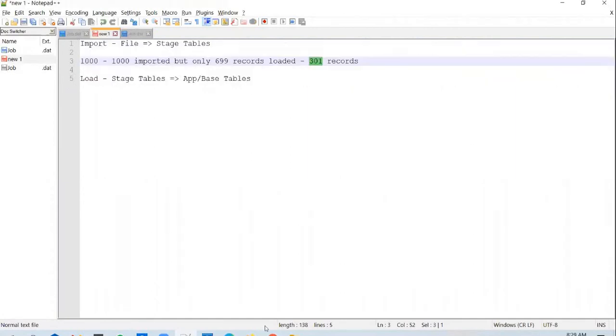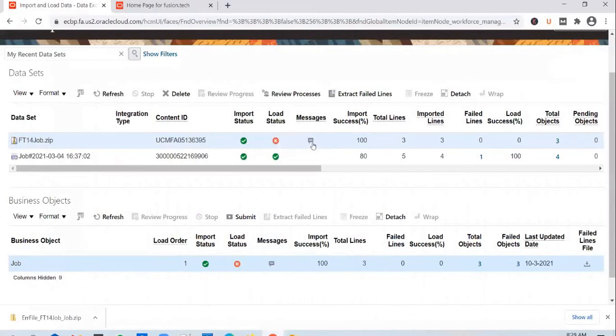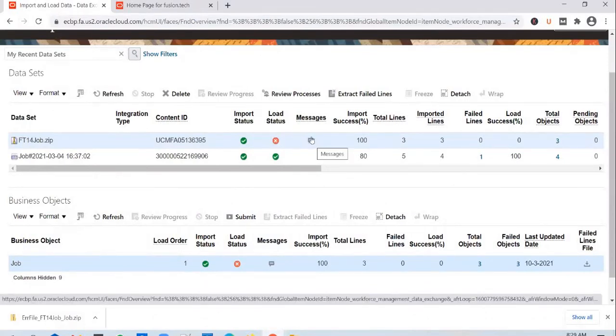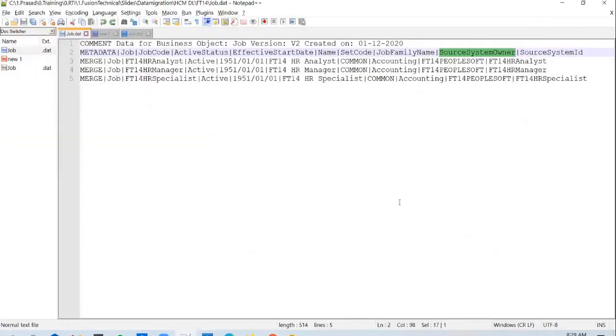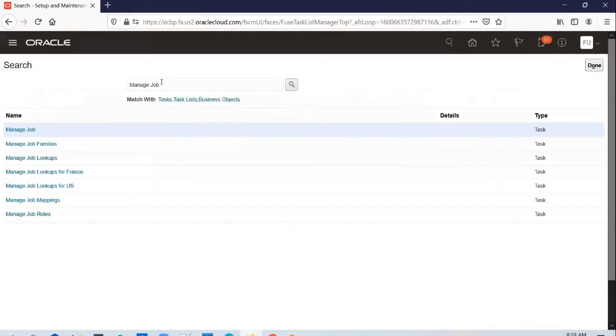So why did these records end in error in the first place? That's because there is a lookup called source system owner where we need to make an entry for FT14 PeopleSoft. You copy this value, go into the application, and go into the Manage Common Lookups option.